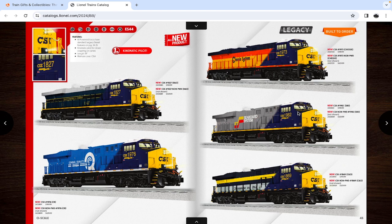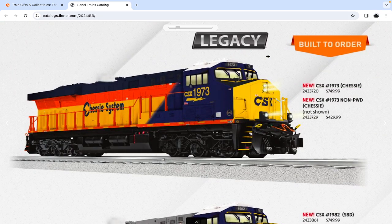And then we get to yet even more heritage paint schemes, and in this case it's the CSX paint schemes. Another set of locomotives that the same friend is having a difficult time deciding whether to get it powered or non-powered. And in this case, Lionel is starting off with a nice healthy helping of most of the CSX heritage locomotives. Hopefully these locomotives will not have any paint bleeds for the masking, considering that these are going to be